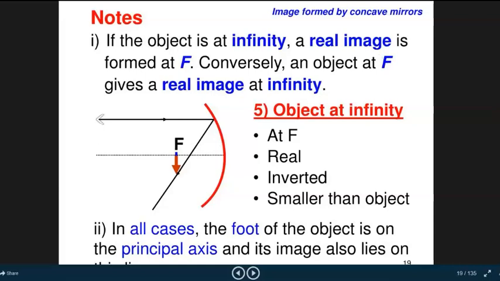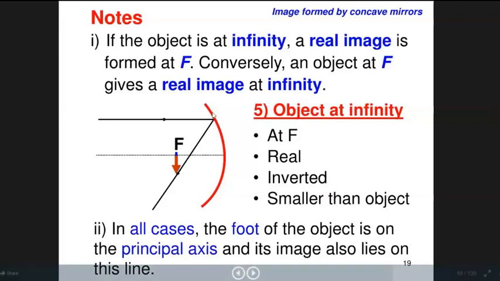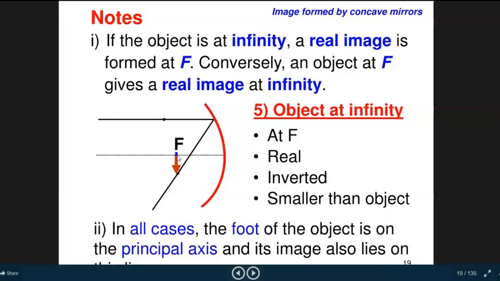Object is at infinity, so ray is coming from infinity and ray coming from infinity is parallel to principal axis. So after reflection it must pass through the focus. यहाँ रे डायग्राम थोड़ा गलत ड्रॉ किया गया है, ठीक है, क्योंकि यहाँ पॉइंट ऑब्जेक्ट के लिए होगा। ये रे कहाँ से पास करना चाहिए? हमेशा ध्यान दीजिए, फोकस से पास करेगा। दिस रे मस्ट पास थ्रू द फोकस। यहाँ गलत ड्रॉ हो गया, तो इसको आप करेक्ट, मिसअंडरस्टैंडिंग नहीं होना चाहिए।